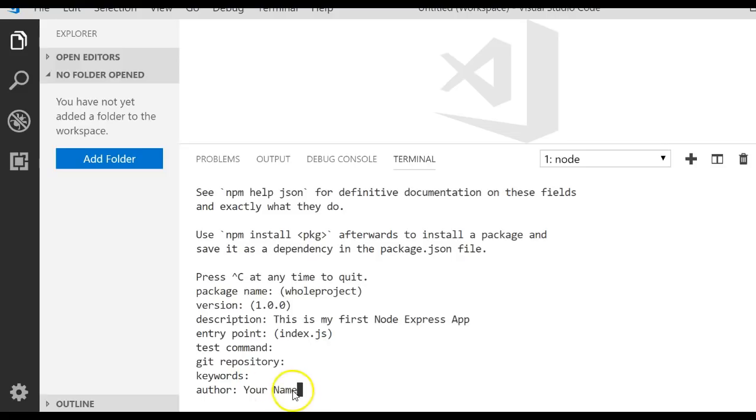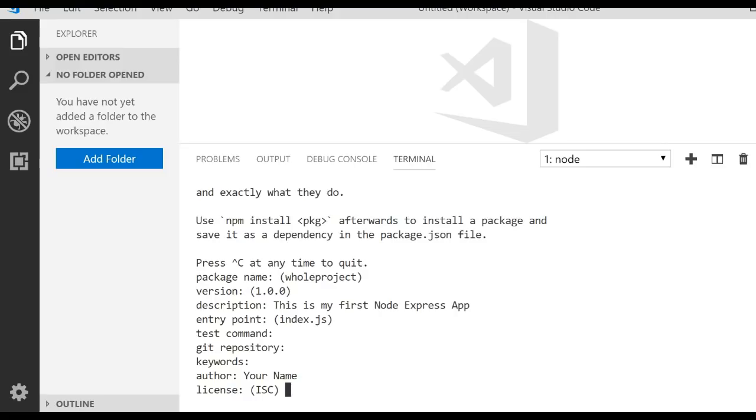Actually, don't type in the word your name, put your name there. Press enter. License. This is actually if you wanted to specify a license for our package, and